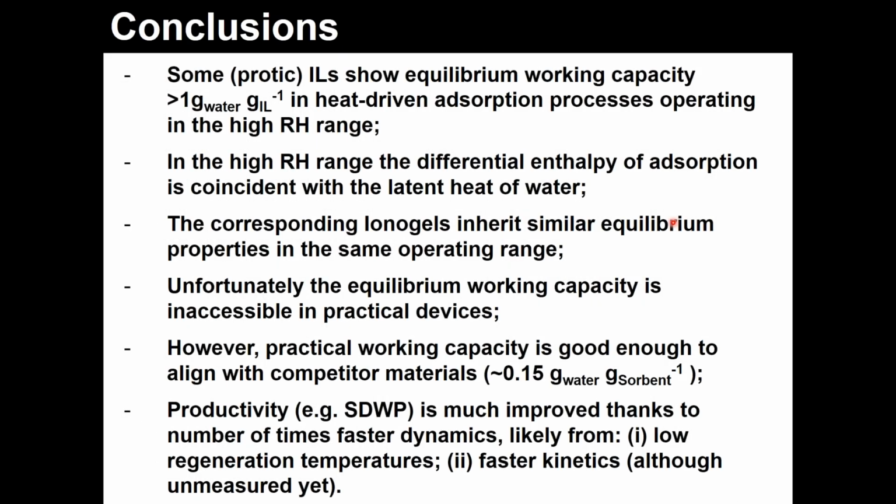Now, let's move to the conclusion. What we have seen in this presentation is that some protic ionic liquids show equilibrium working capacity greater than 1 gram of water per gram of ionic liquid in heat-driven adsorption processes operating in the high relative humidity range. In the high relative humidity range, the differential enthalpy of adsorption is coincident with the latent heat of water, and this is good. The corresponding ionogels